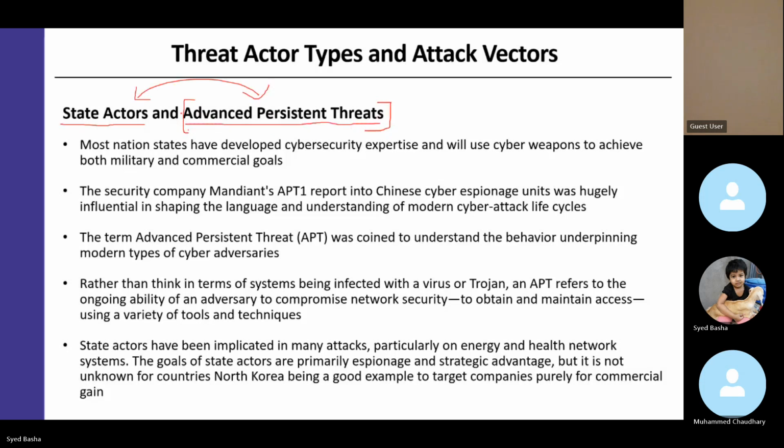Let me give you a story. There is a project called Stuxnet. Probably you'll be asked about it in the exam. Stuxnet, in which the country Iran,